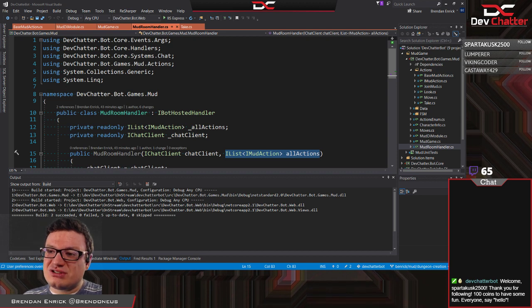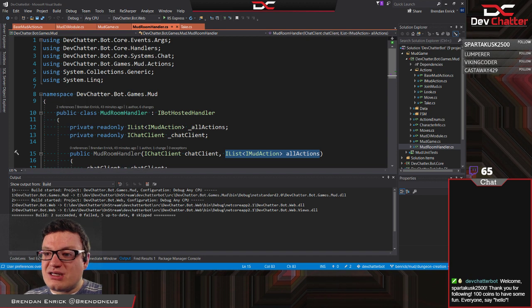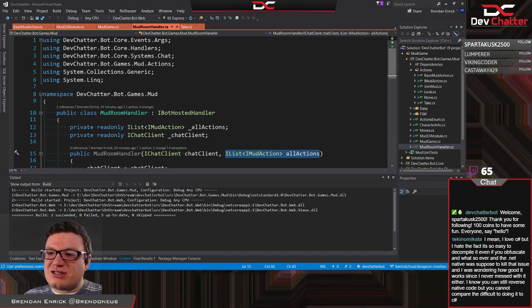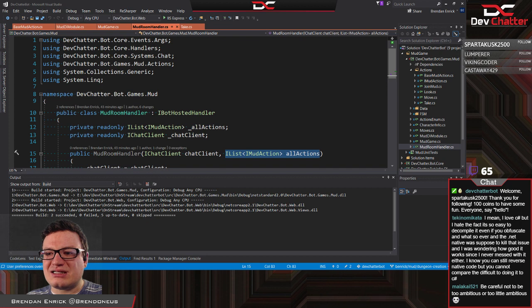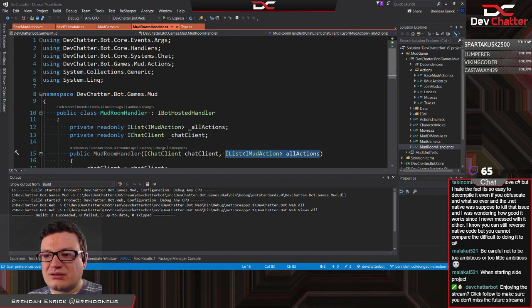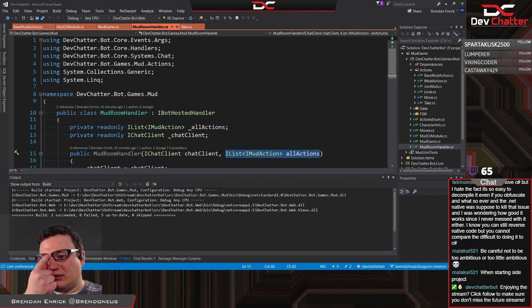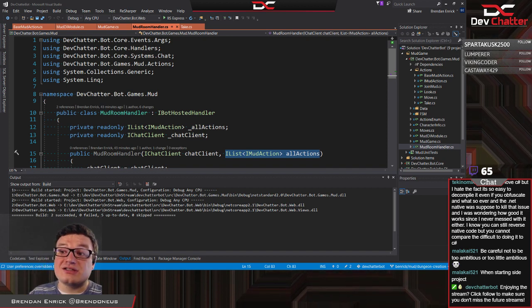VS also lets you see the assembly, which is nice. Yes, it does, Blue Spide. Then you see how you can apply the new tech. Yep. I love C#, but I hate the fact that it's so easy to decompile, even if you obfuscate it. Yes, exactly. That is a very valid point.